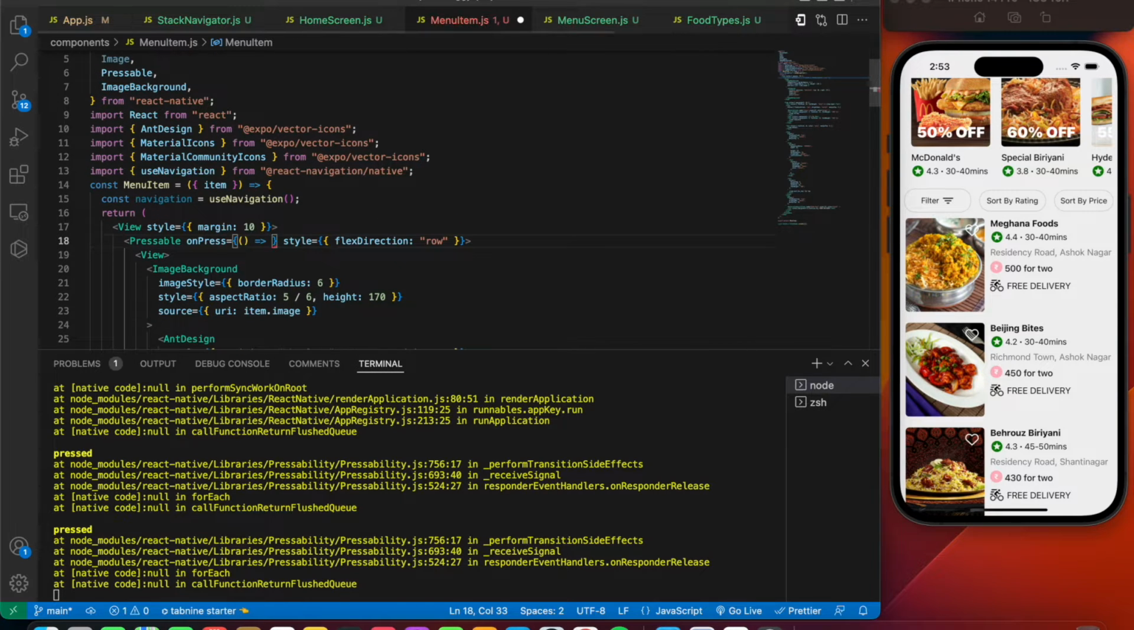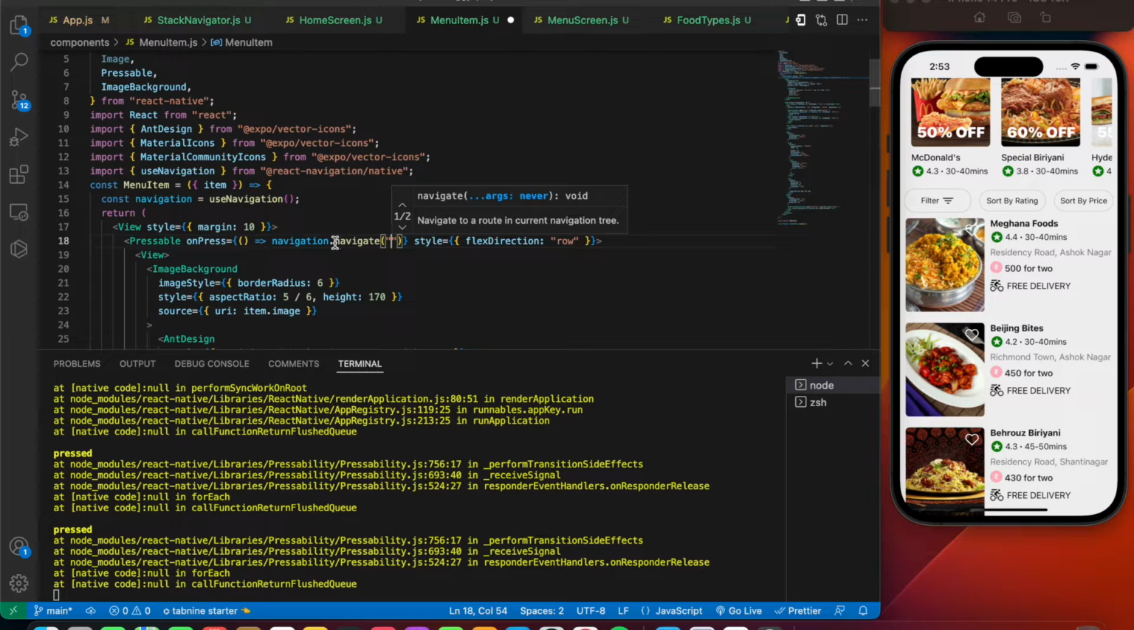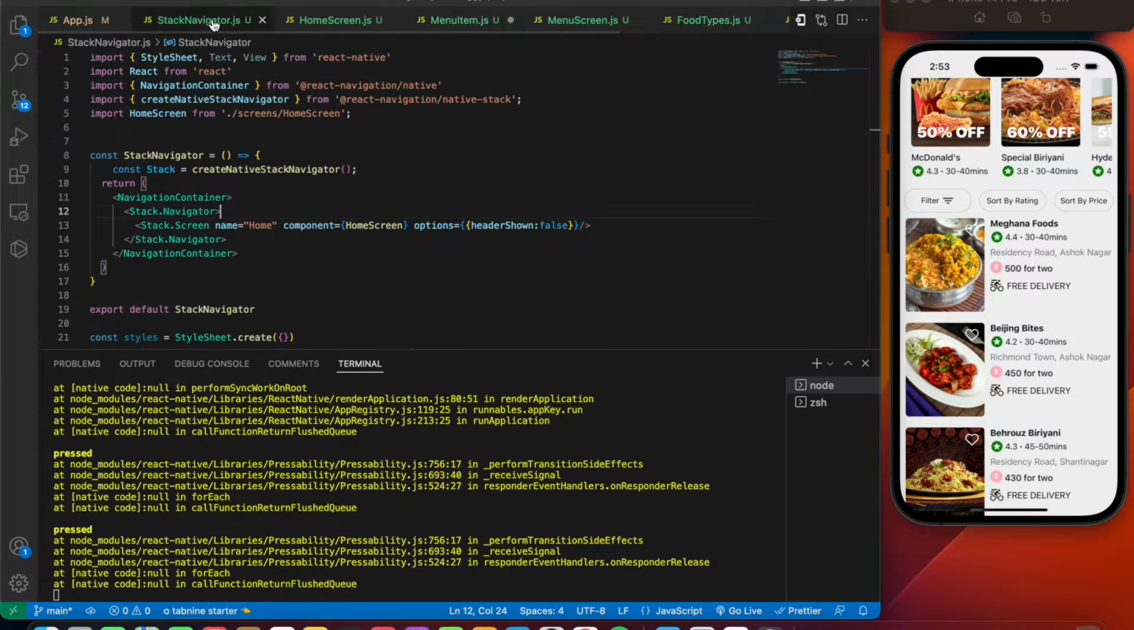So instead of just console.logging the message, we're going to say navigation.navigate to the next screen. So this navigate function is going to take the name of the screen we want to navigate to. So inside a stack navigator, we only have our home screen. So let us initialize a second screen also. So let us write